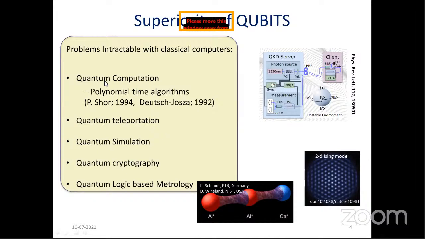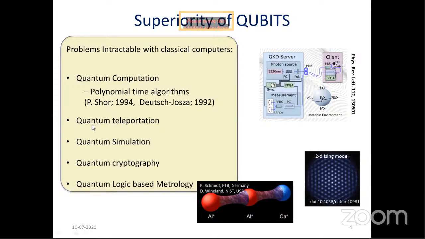For example, certain algorithms have been shown to work much faster on quantum mechanical systems, like the factorization algorithms developed by Peter Shor and others, with which you can factorize very large numbers where the time taken goes as a polynomial in the length of the number. Whereas if you take a classical computer and try a similar computation, the time increases exponentially as the length of the number you want to factorize increases.